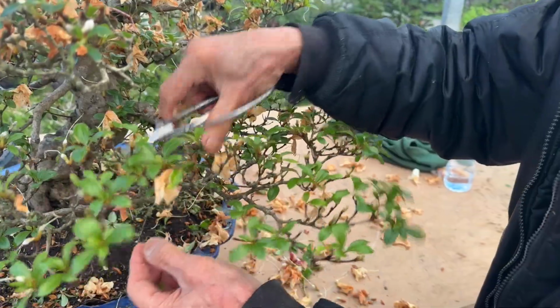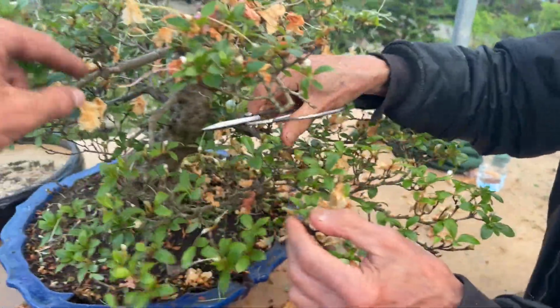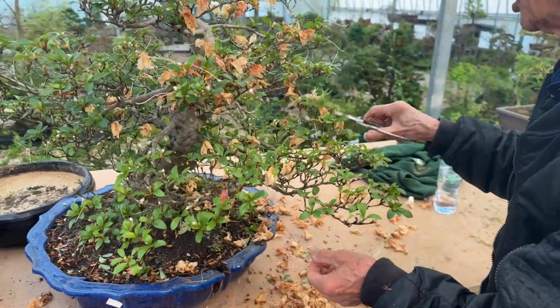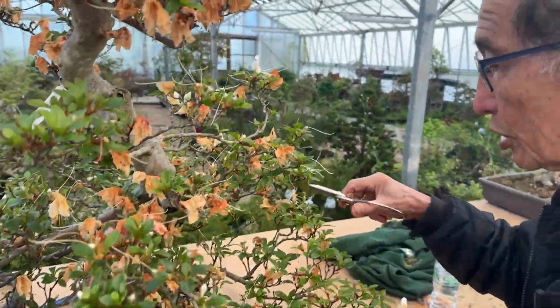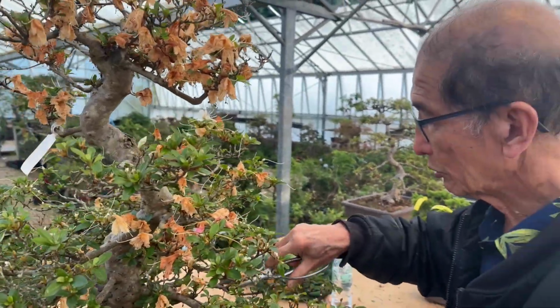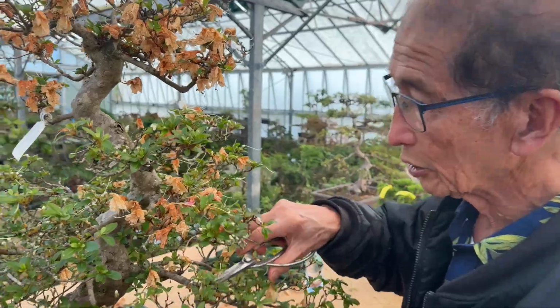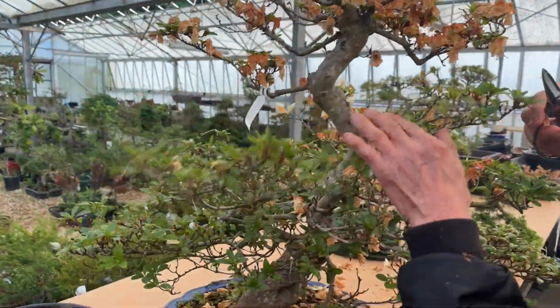Deadheading is a standard procedure, but you don't do the deadheading with fruiting trees like the crabapple or the Chinese quince unless you don't want the fruit. But the fruit on crabapples are a feature, so you keep the flowers, you don't deadhead those. So you can see what we've done here. This has been